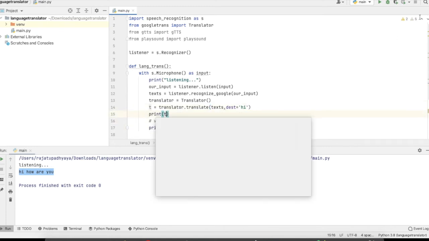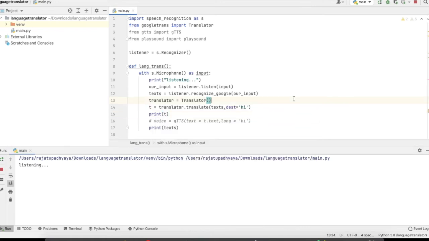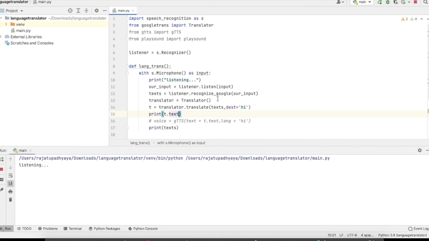So t here. What is your name? Yes, you can see here it is giving all the result, तुम्हारा नाम क्या है, but we have to just access this text. So that is why we can use t.text here. So it will print only that text. What is your name? Yes, now you can see it is printing only that.